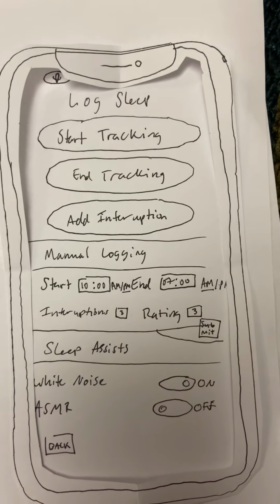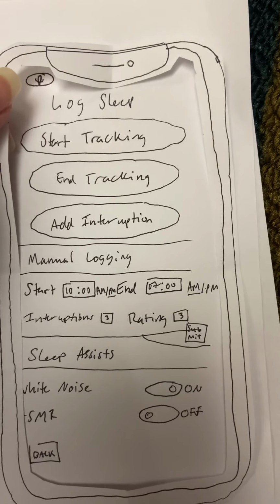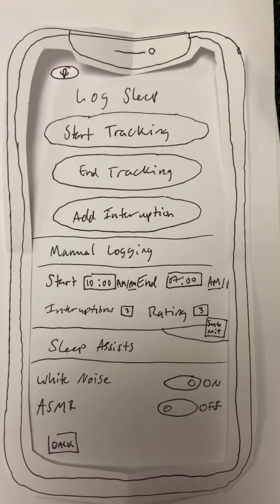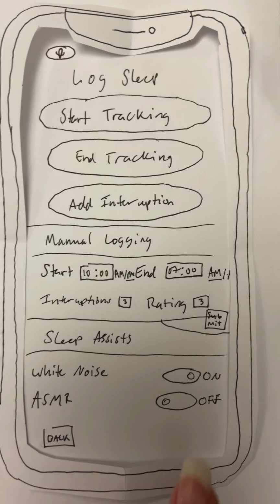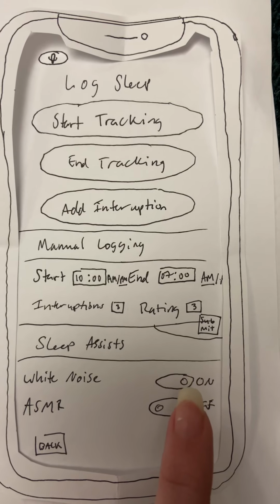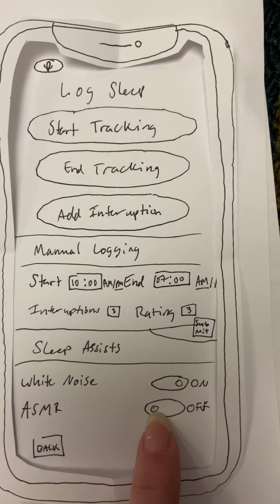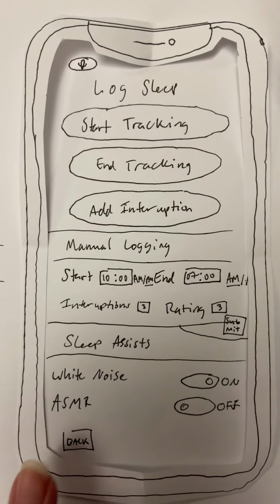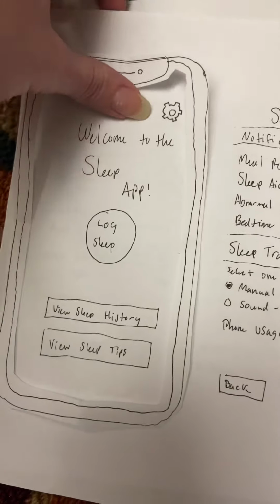So that's how you would submit that, and it also, I guess, could work as a back button, because after you submit, I think it would just submit it and then add it to your graph. And then you can even add some sleep aids right here, like it'll supply white noise or ASMR sounds. And then you can hit back from this screen, take you back to the home screen, and you can view your sleep history,